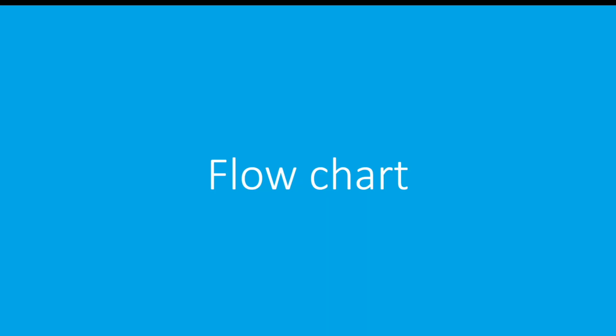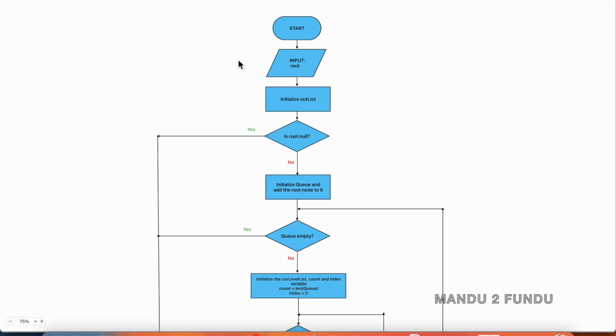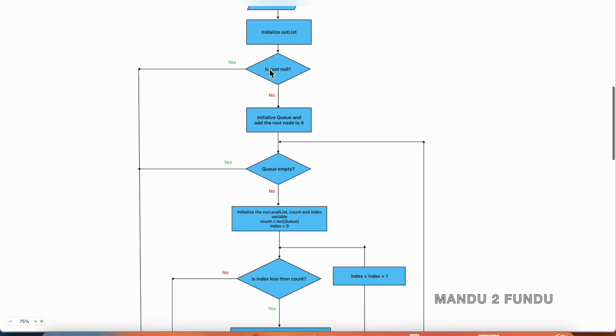Let's look at the flowchart. Input for this procedure is a pointer to the root node and first we initialize the out list which will be returned at the end of this procedure. Next we check whether that root element is null. If so, we return the empty out list. Otherwise we